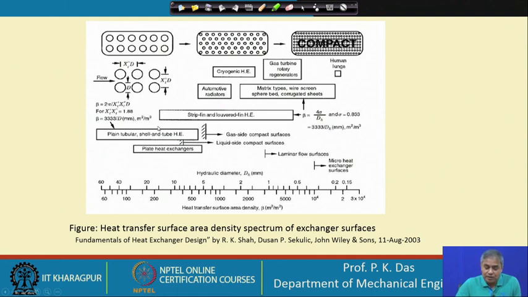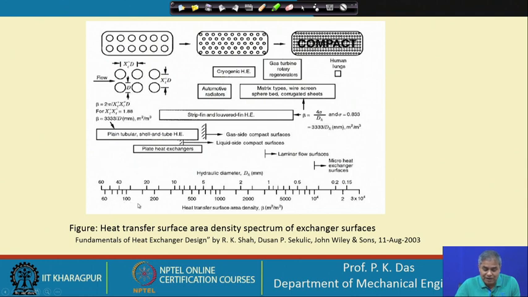So, this is more or less one heat exchanger which has a small surface area per unit volume, and if we consider the human lung, this is one exchanger. Let us not call it a heat exchanger, it has the largest amount of surface area within a given volume. Based on a scale, this scale has been put at the bottom of the figure.